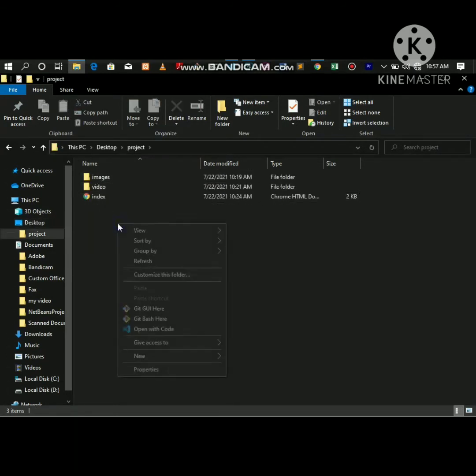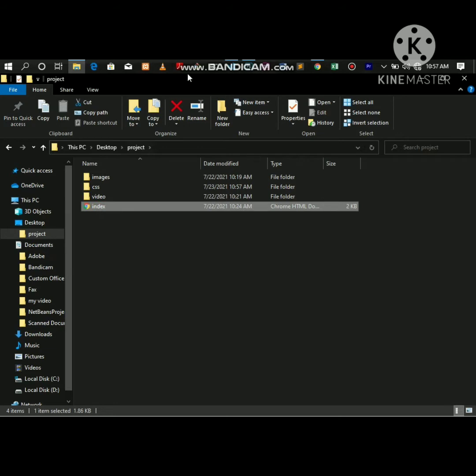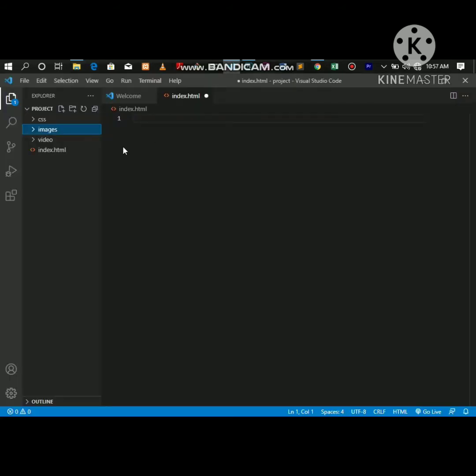From the starting, we are going to create our CSS folder where we will save our CSS files for the project. We are giving it the name CSS. Then we'll go back into our Visual Studio Code where we'll be writing our code. We are starting with HTML. Let's start with the HTML file,